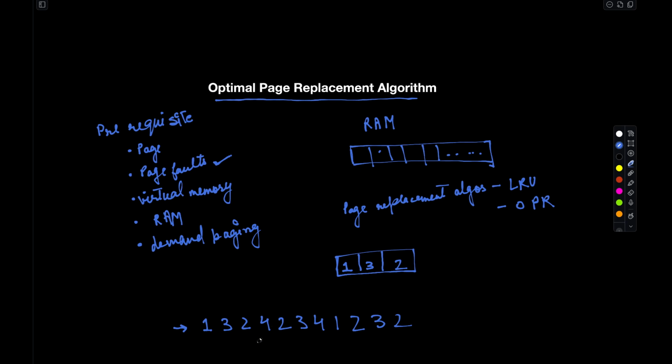Till 2 the entire story is fine, but when it comes to loading 4, we need to see which page is going to be used the most late in the future. So if we see the future, the immediate future is 2 3 4 are going to be used first, and 1 is going to be used the most late in this entire coming series. So we replace 1 with 4, so we get